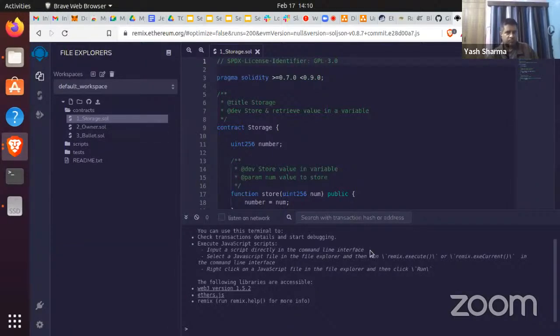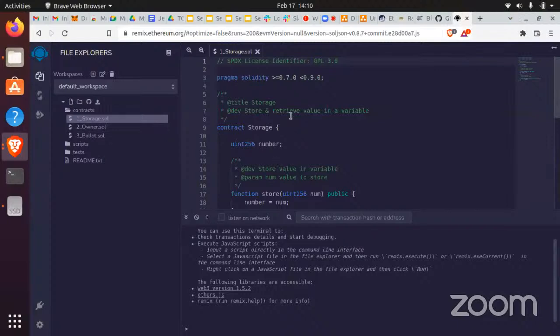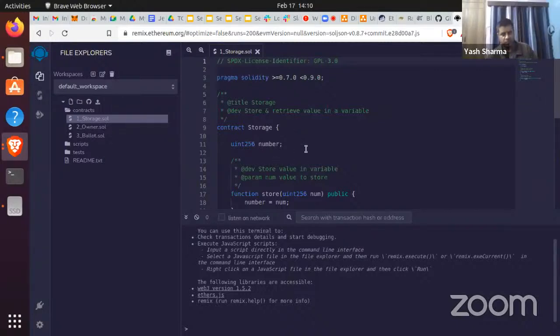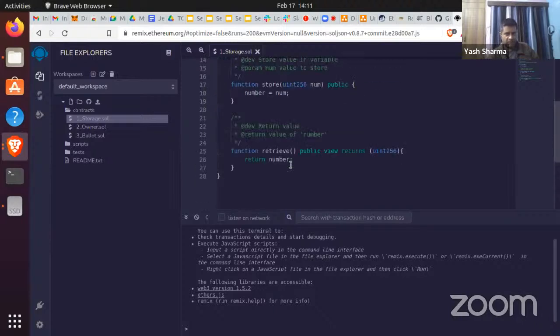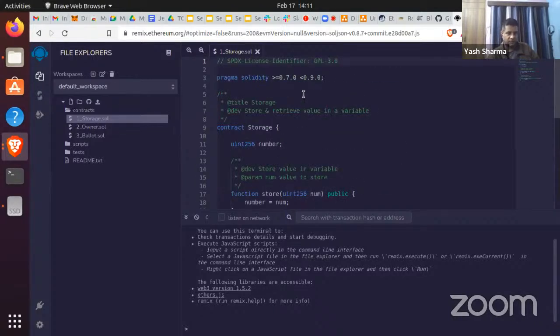When you run Remix for the first time, it will automatically create some Solidity contracts for you. These are very good for basic testing and familiarization with the end-to-end flow. So take a look at this first contract, which says Solidity, storage. If you double click, it will open this file in this right box, and it will basically show you the